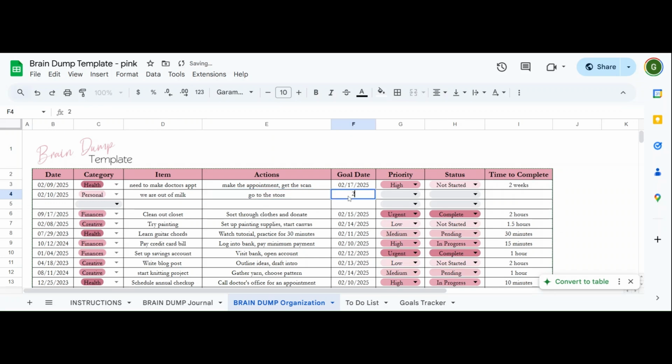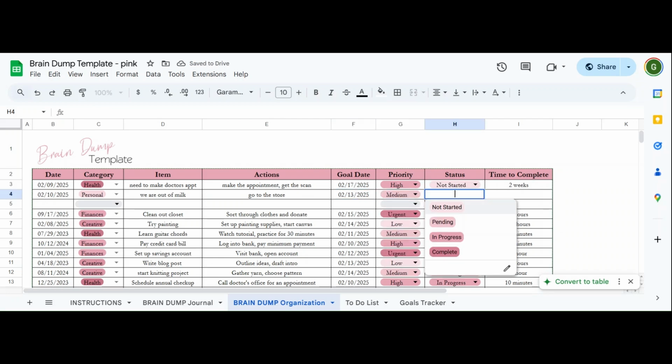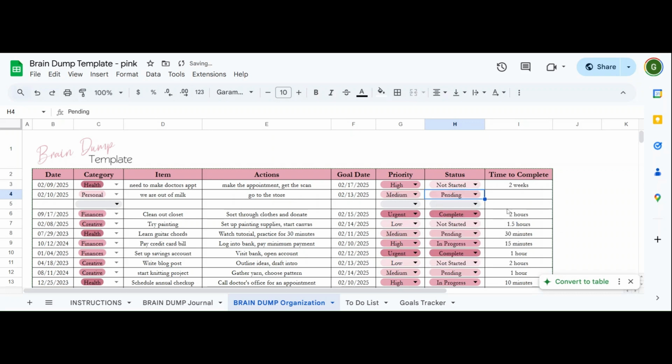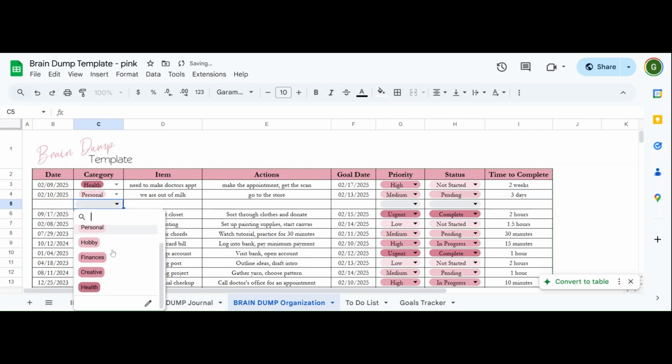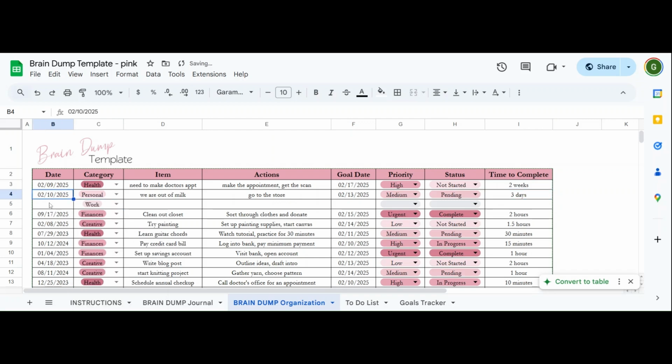Goal date, we need to get this done by the 13th. Priority, medium. Status is pending, and then time to complete, 3 days. So that's just essentially it. Now you could do all sorts of things. Like if you're wanting to make this about work, we could definitely talk about work, and we could say, hey,